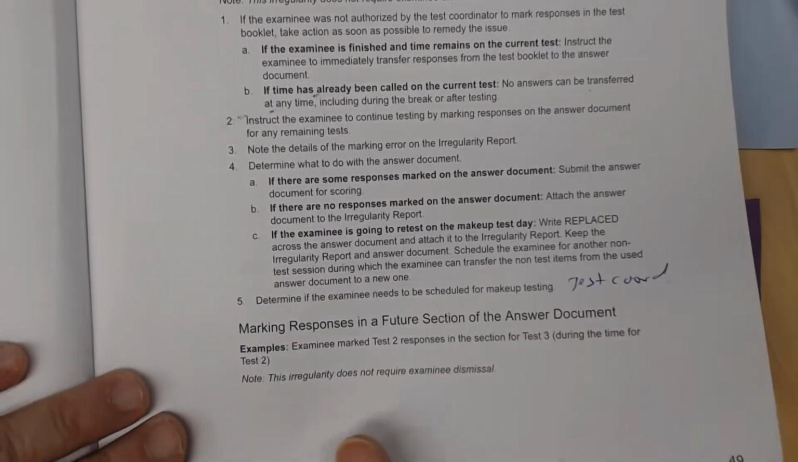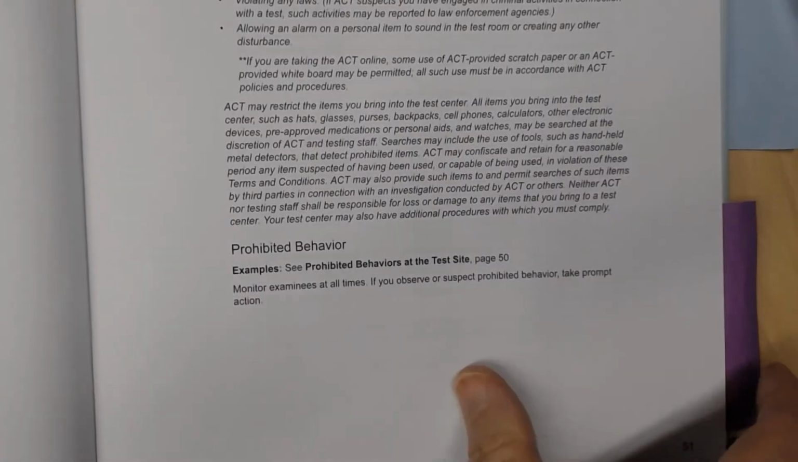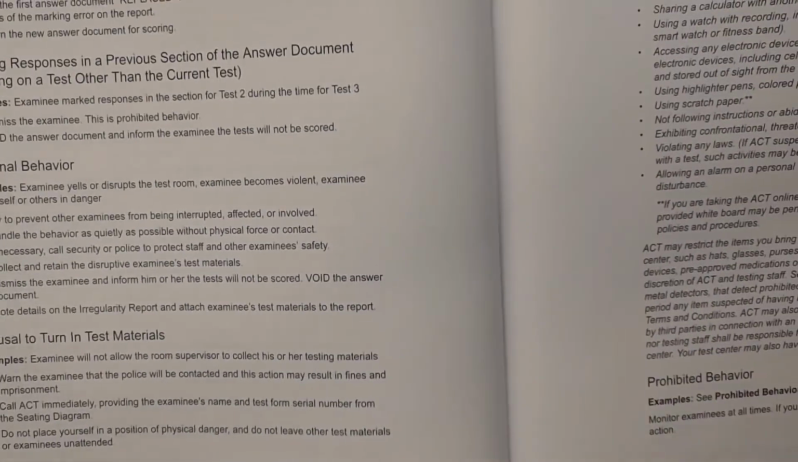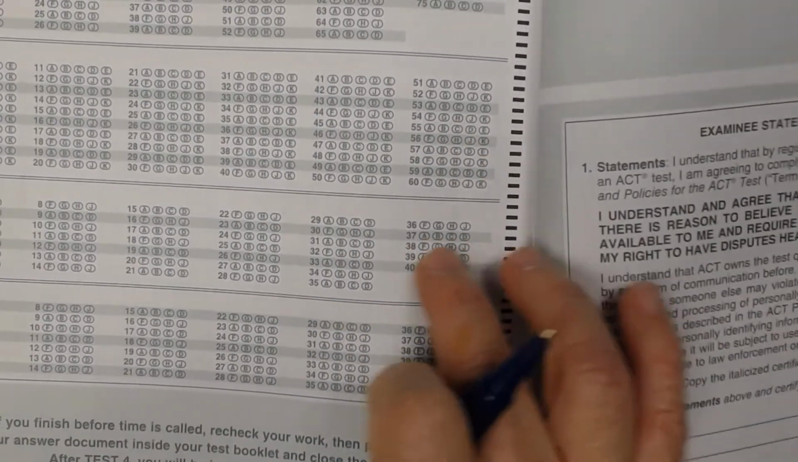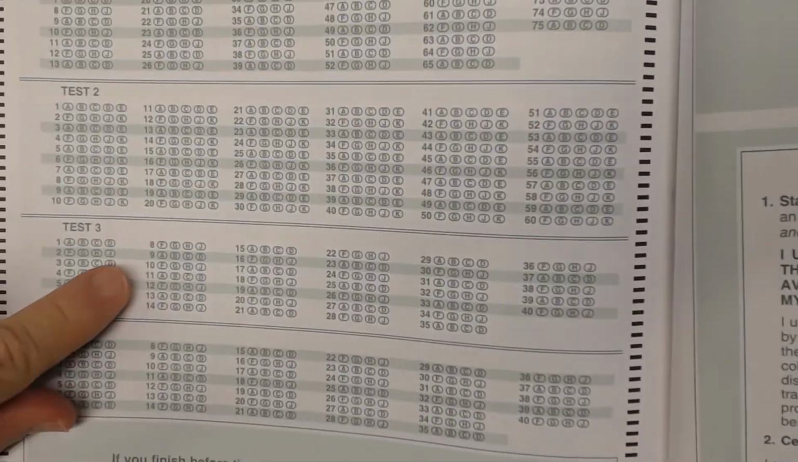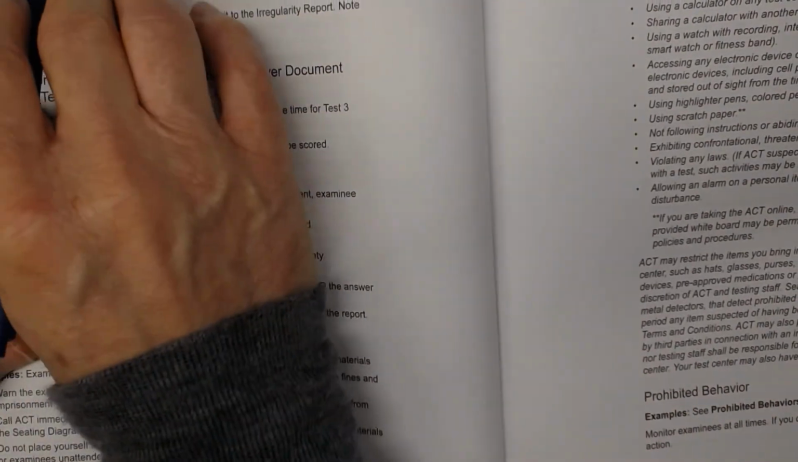Okay, so now notice that this irregularity does not require examinee dismissal. Now let's go to the next page. All right, if you notice, remember this happened once before, where an examinee is on test 2, let's say, and they were putting answers on test 3. All right, now at the end of the current test,